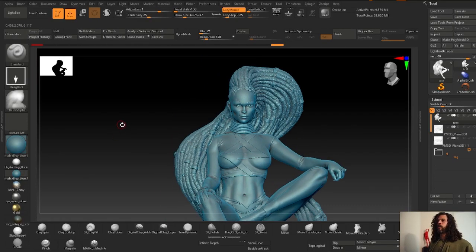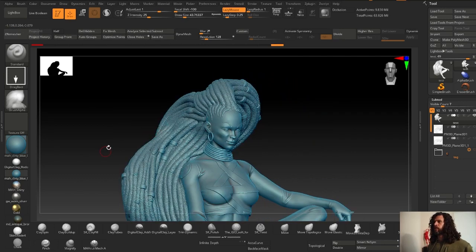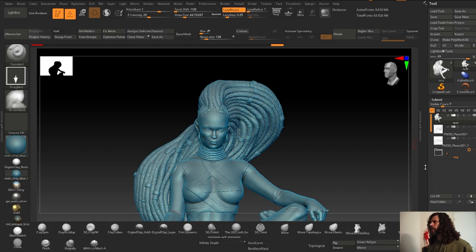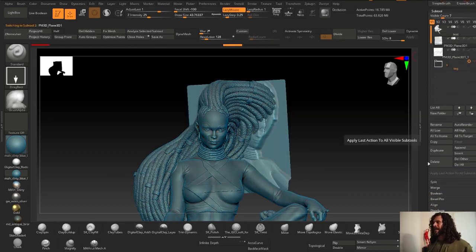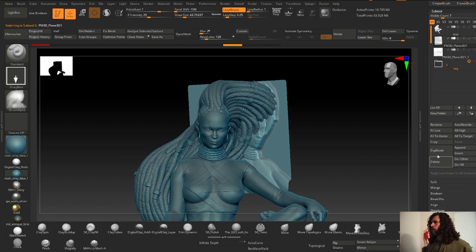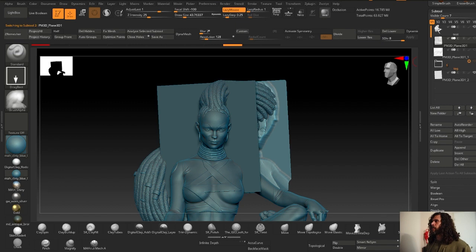So I wanted to take this model into a bas relief. I made this model a while ago. It's a version of Storm. And ZBrush has a tool called bas relief. So what you have to do is just append a plane. Now that I have my plane here,